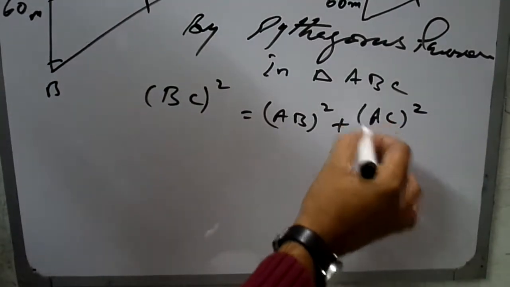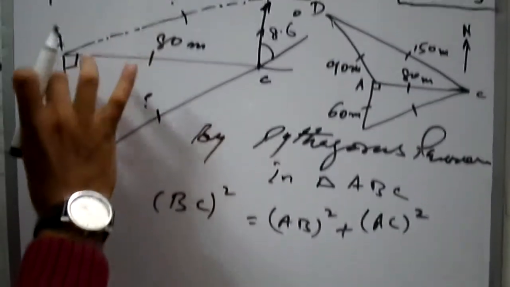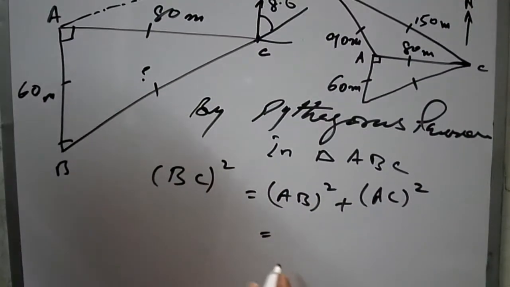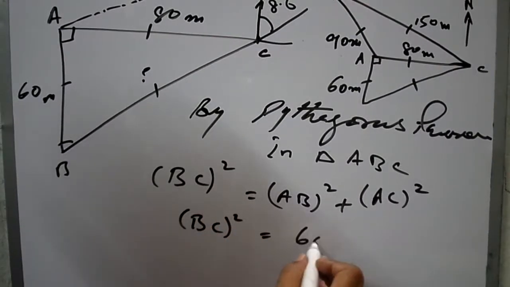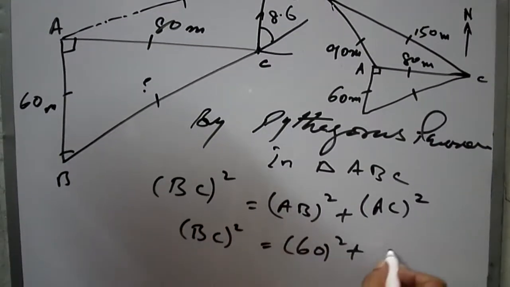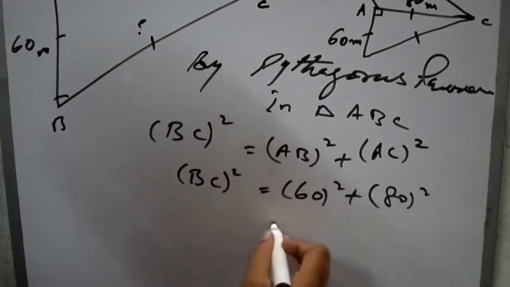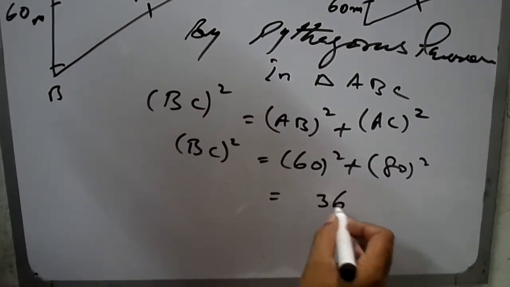So that is your base, and perpendicular is equal to hypotenuse, opening values. So then you are able to calculate. The AB value is 60, it is given to us. The AC value is 80, also given to us. So by simplification, you will get